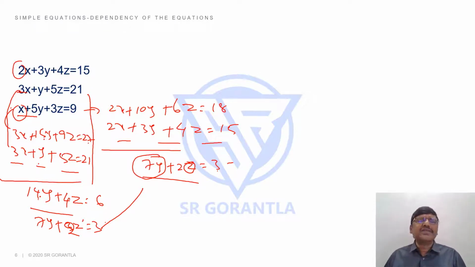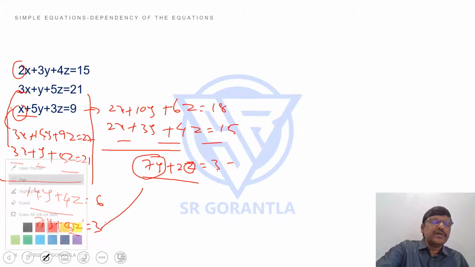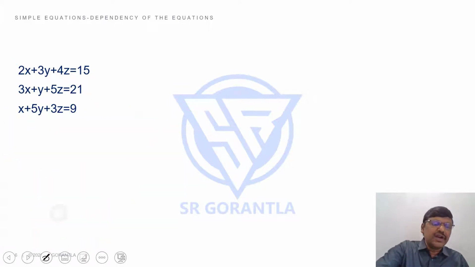Why we cannot answer this question means, students, these three are not independent equations. Right? I'll remove this. You can note down and continue. See, these three are not independent equations. How do I know they are not independent equations? It means, students, probably one equation is dependent on the other equation. Like I said in the introduction, the first equation was 2 times the second equation. They are not independent, I said.